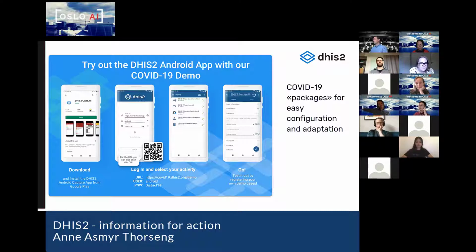It's maybe not super easy to see in the picture, but the third phone from the left shows the different programs that we support for COVID. We make it possible for users to track index cases. So if I test positive, I can be registered in this program with whatever follow-up you would need for a COVID-positive person.